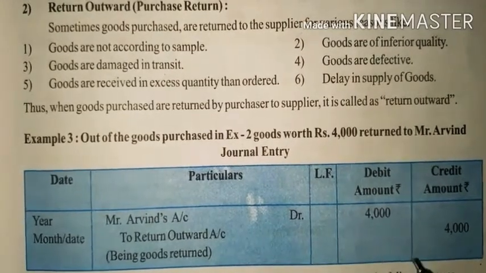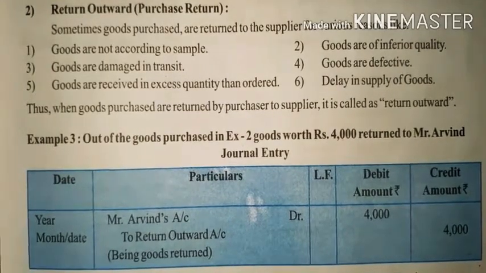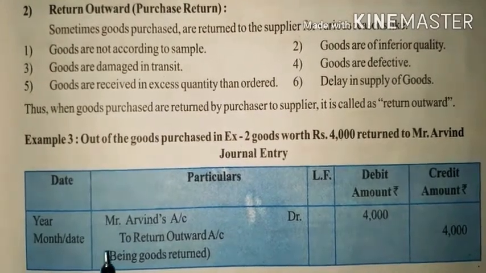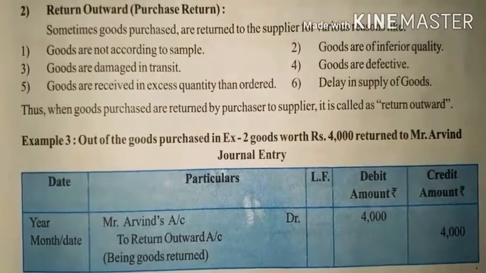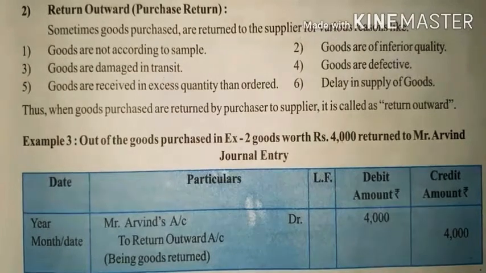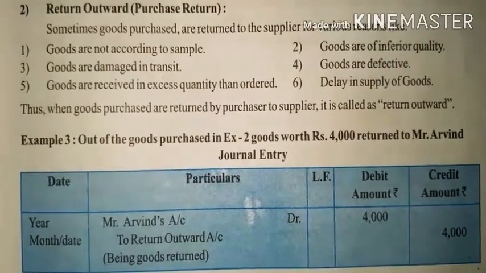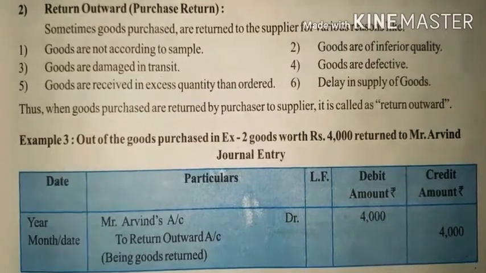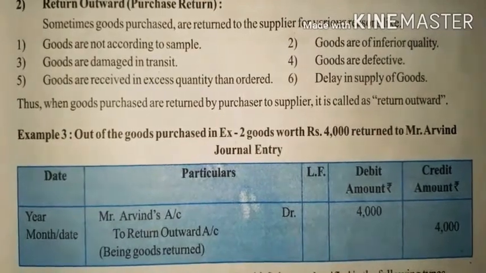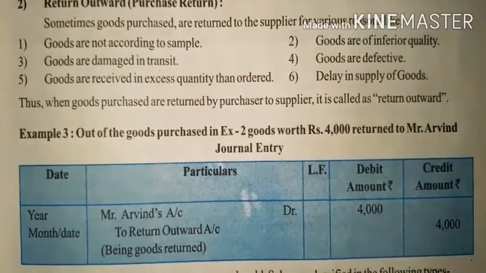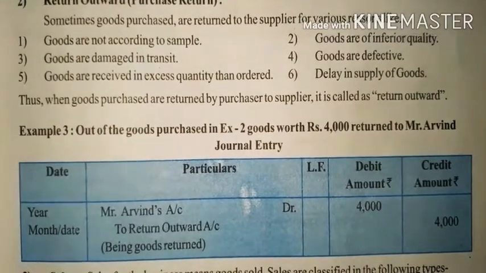And in the ledger folio, if any number is given to the transaction in the ledger, you have to write the number over here. Now you already know Mr. Arvind is a personal account. Debit the receiver and credit the giver. That is also the reason for posting Mr. Arvind as a debit account. Debit the receiver. Two sides you have to understand: one side through the rules and the other side through the receiving party.